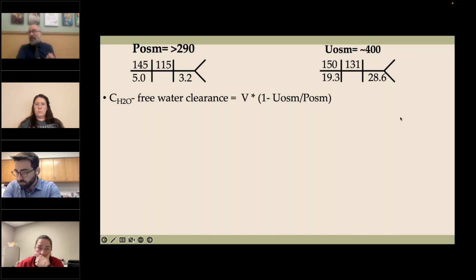We did have a urine specific gravity. I think it was 1011. So I went back to slide number 1. I put the USG in to give us our formula for what the urine osm would be. So it's going to be a urine osm of about 400, plus or minus a little bit. Not okay. It should have been measured. We should have had a measured osmolality to be the most accurate as we could, but let's take a presumptive